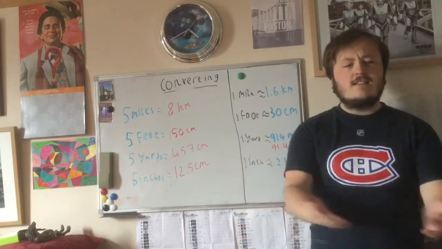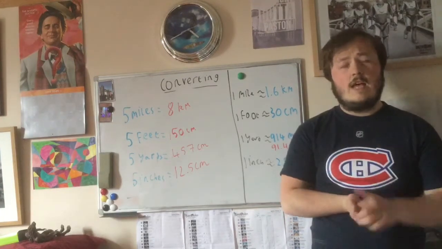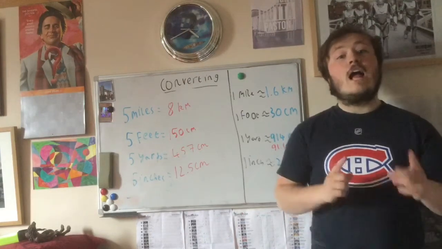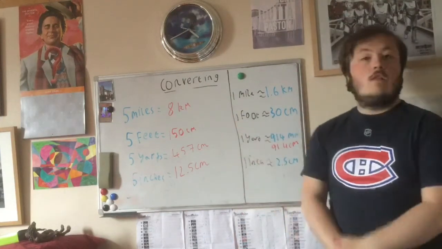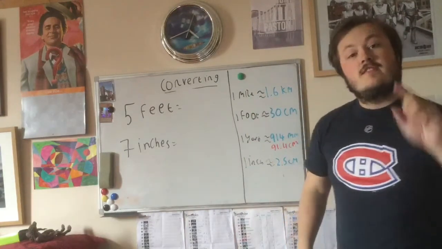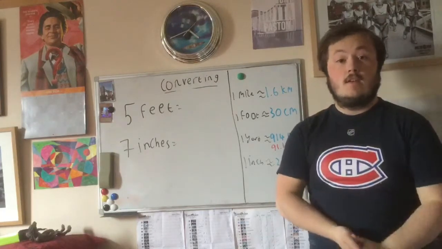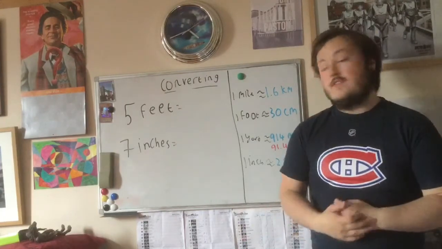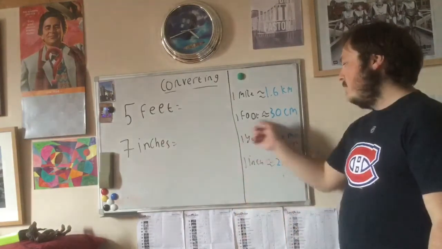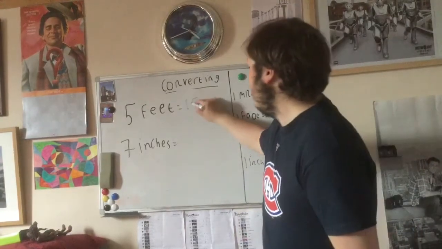Now, do you remember yesterday when I told you that I was 1.7 metres? I don't really think I am. I might be shorter than that. So let's figure out how tall I am with these measurements. I am 5 foot and 7 inches, and I want to find out how tall I am in metres. So let's do some conversions. So 5 foot, let's see how many centimetres that is. Well, 1 foot is 30 centimetres. We do some multiplying. So 5 foot is 150